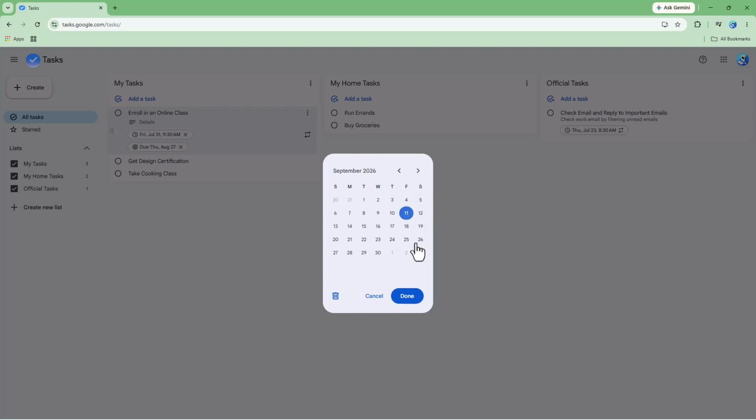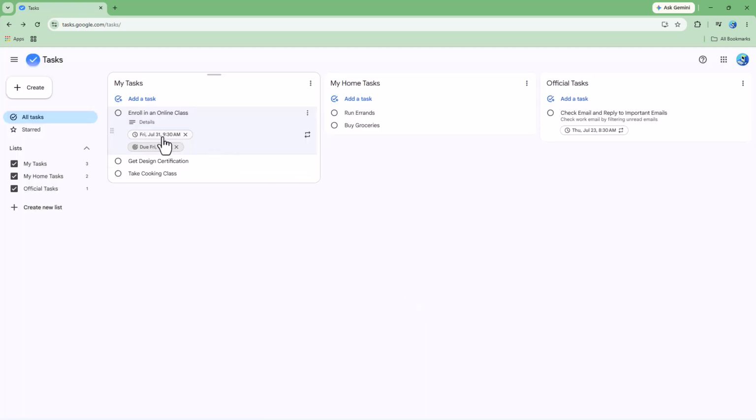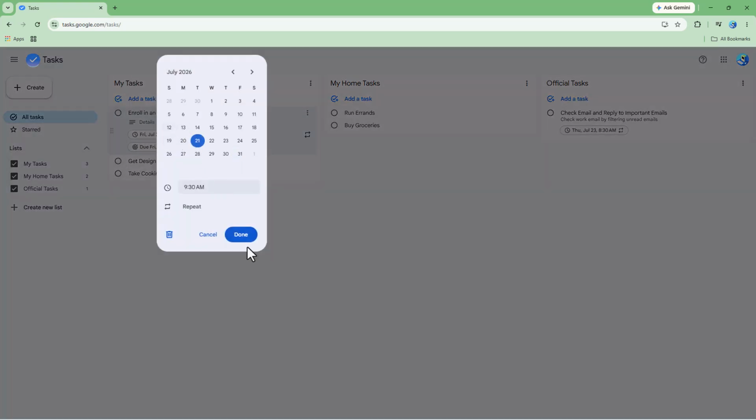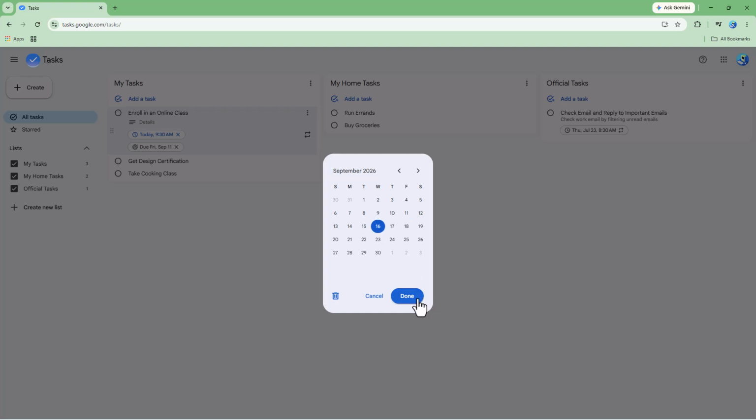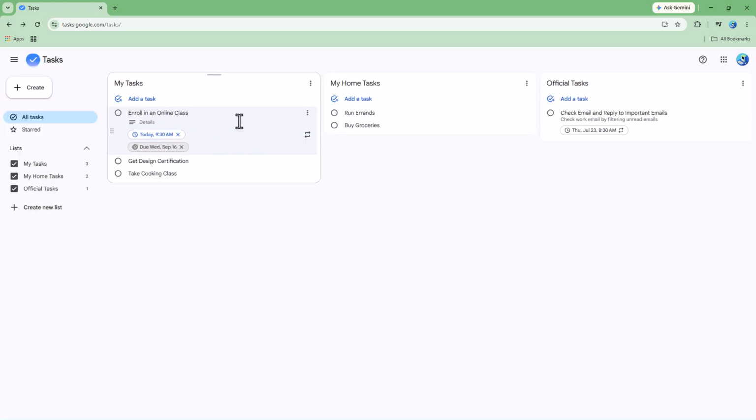And you can even go ahead and change this as you want. So this is supposed to start by this date, and now it is due by this date. So you can go ahead and work around with it accordingly. You can change around the start time as you want as well, and change around the due date as well, just like this, to keep track of your task right here. And that is basically how you can go ahead and add due dates as you want inside of Google